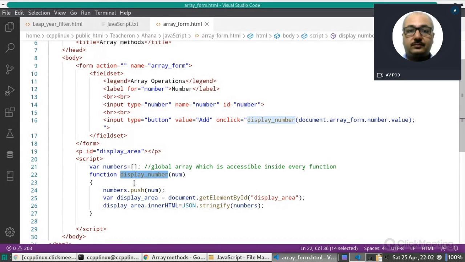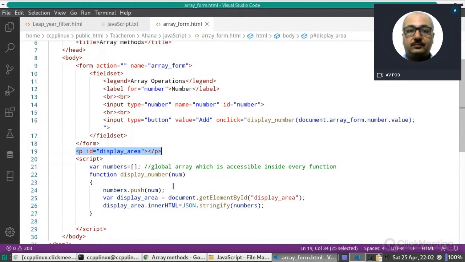So here what we are doing: we are capturing the element in this variable, then we are pushing that element at the end of this array. Then we are fetching the element where we want to display the array elements.